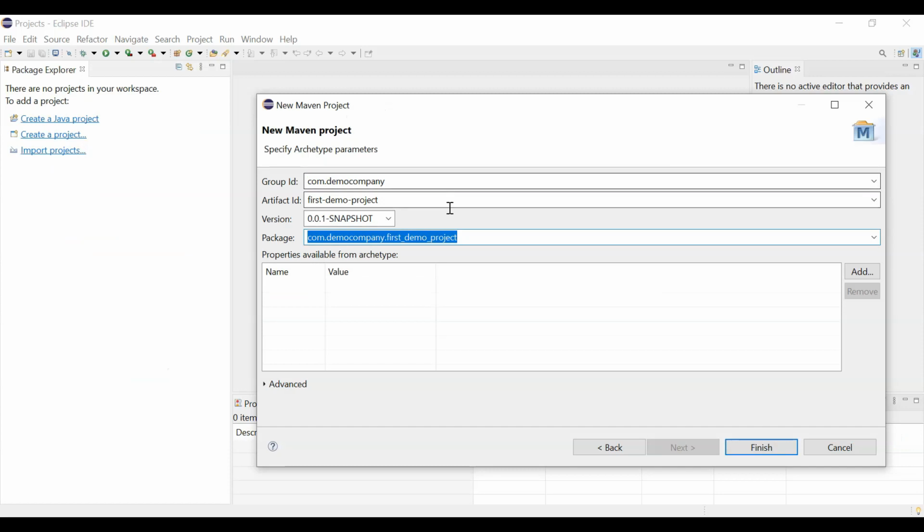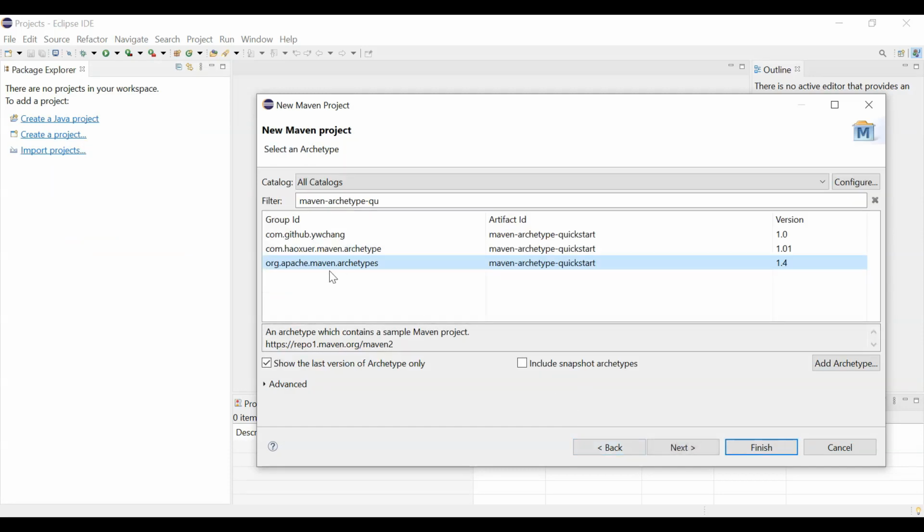That is how we have provided it. Even if I go back and select other artifacts in my application, you can see here org.apache.maven.archetype, this is the group ID they have given, along with the artifact ID and version. With this information, I was able to select it. Because it is Eclipse, it automatically propagates. If you are using Linux, or if you want to update on your own, you should provide this information manually. We are going to talk about that in later sessions. For now, anyway, we have selected this one.